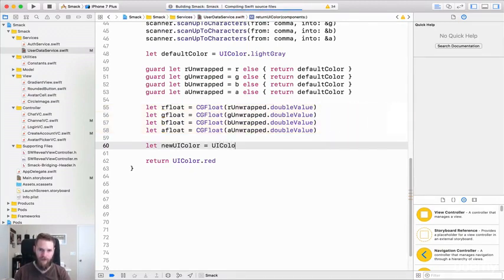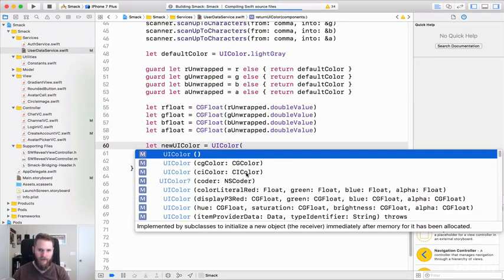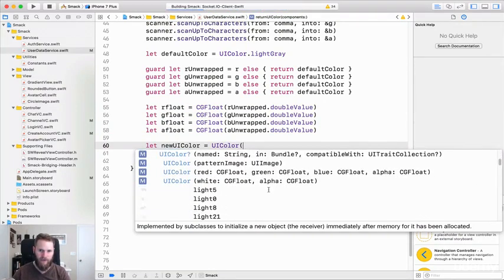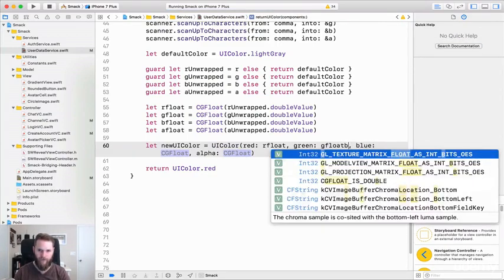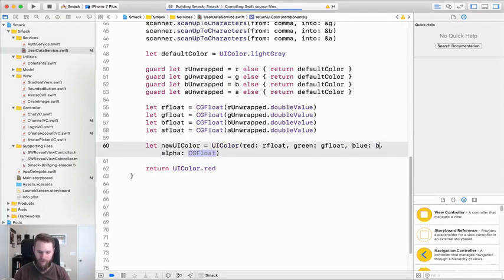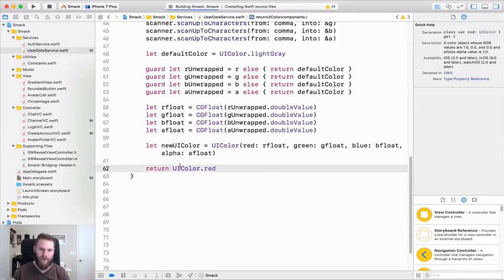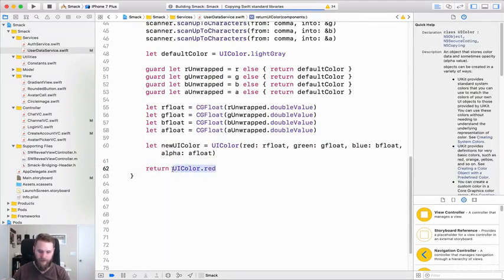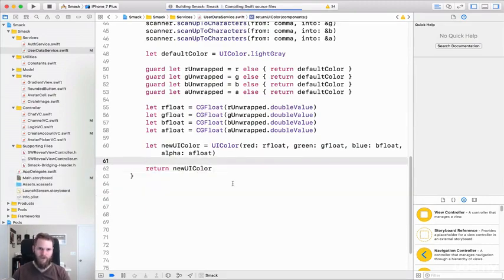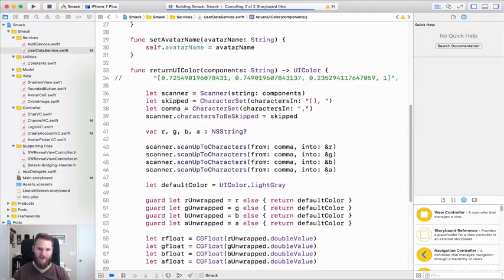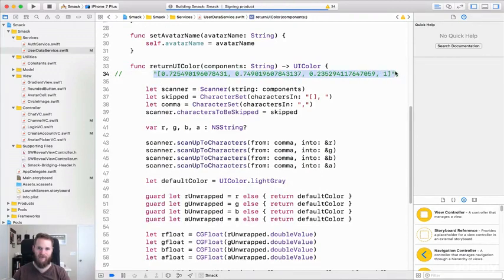So initialize, and we need, let's see here, this guy right here. So red is R float, green is G float, blue is B float, and A is A float. And then we are going to return this new UI color. Whew. So a little bit complicated just to turn this string of